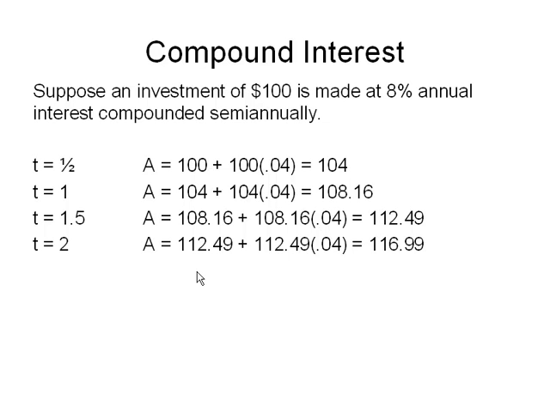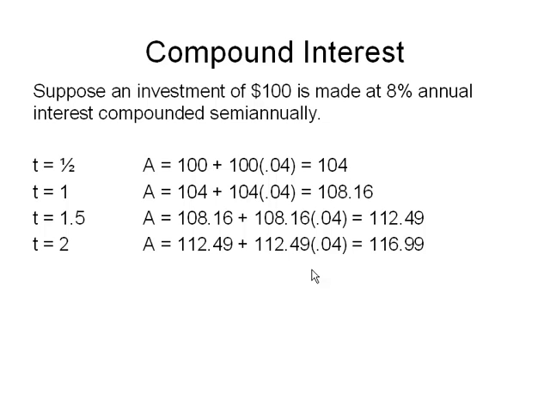$112.49. Then we start with that 112 in the next period and get 4% of 112.49, and that gives us a total of $116.99. What you'll notice is this second piece here is giving us our interest, and because we're earning interest, our